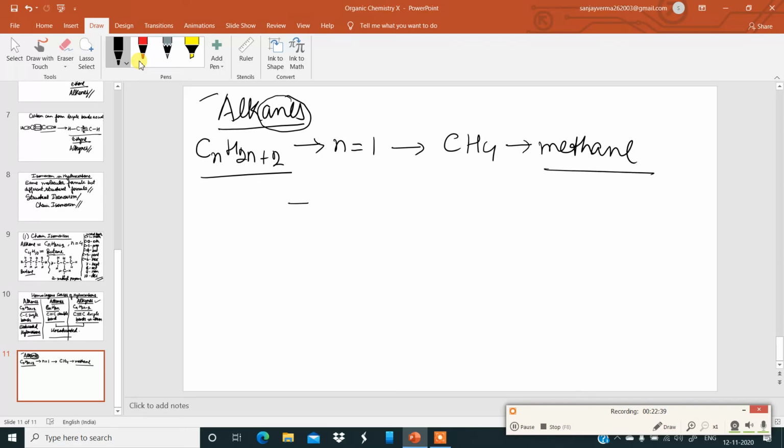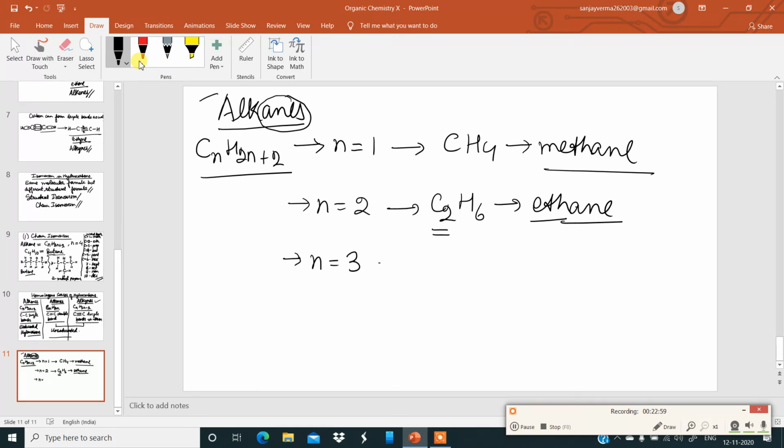Similarly, if I put n equal to 2, it becomes C2H6. Two carbon atoms, so the word root is eth, and it is an alkane, so ANE: ethane. Further, n equal to 3 gives C3H8, so it becomes propane. For n equal to 4, this becomes